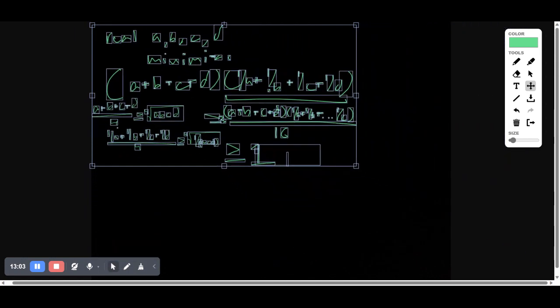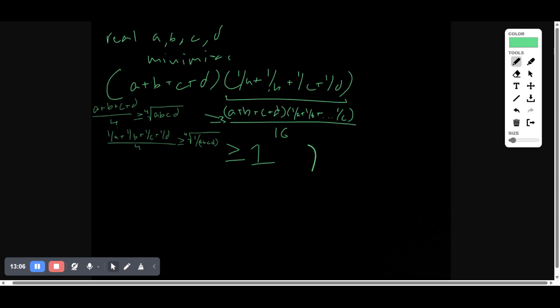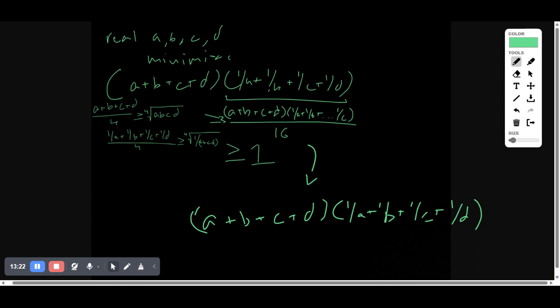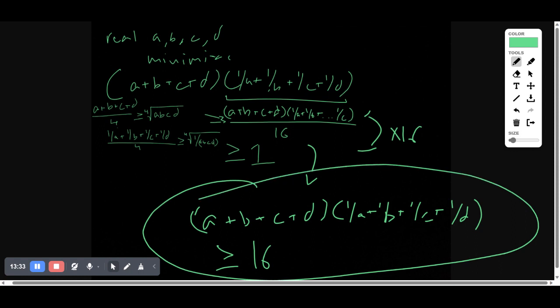if we're going to minimize all this means that from this, A plus B plus C plus D times 1 over A plus 1 over B plus 1 over C plus 1 over D is greater than or equal to 16. We multiplied both sides by 16 here, times 16, to get this inequality, which states the minimum value of what